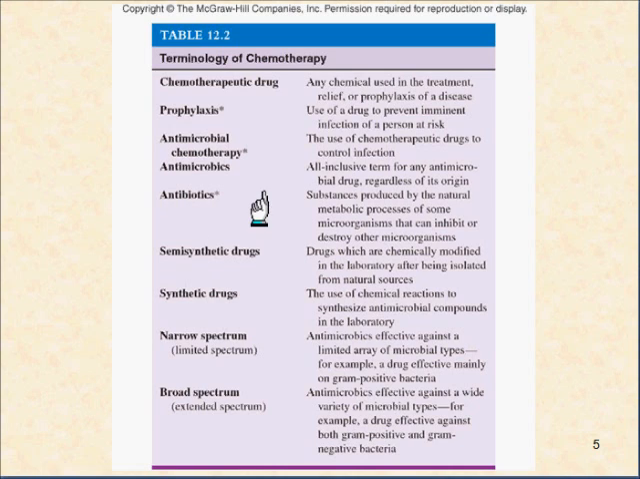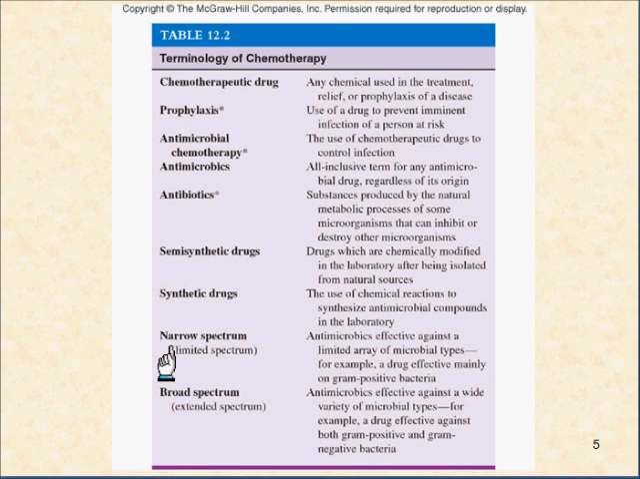Antibiotics are substances produced by the natural metabolic processes of some microorganisms that can inhibit or destroy other microorganisms. Semi-synthetic drugs are drugs which are chemically modified in the laboratory after being isolated from natural sources. Synthetic drugs use chemical reactions to synthesize antimicrobial compounds in the laboratory. So these are fully artificially produced